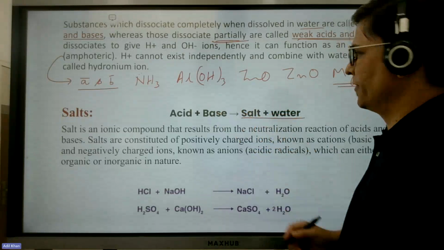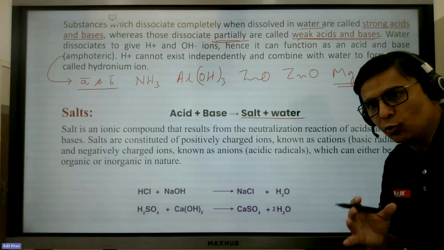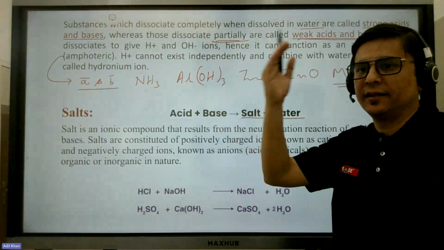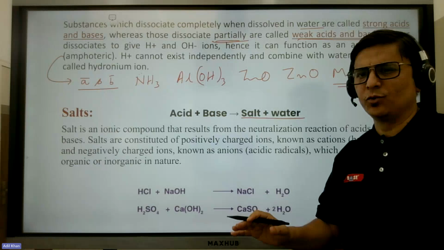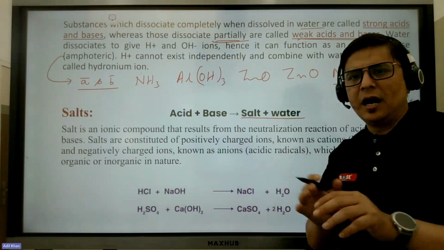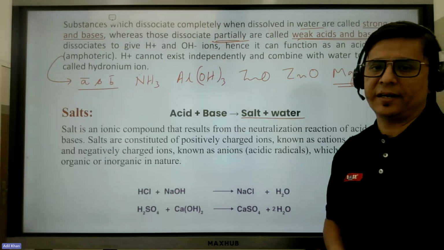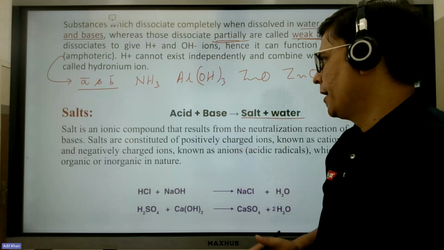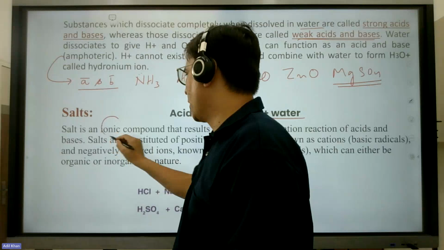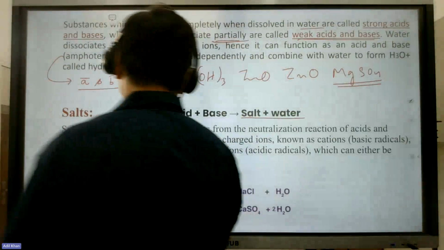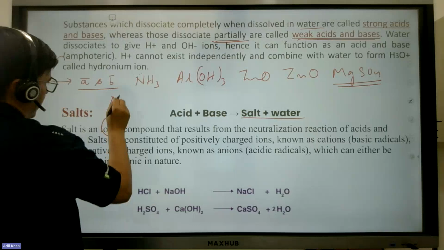So acid plus bases will give you salt and water. It's a type of neutralization reaction where the reactivity of acid and the reactivity of base is reduced and makes a compound which is generally less reactive compared to acid and bases. It produces salt and water. Now salts, basically, they are ionic compounds. What do you mean by ionic compound? They produce ions. For example, NaCl, table salt,